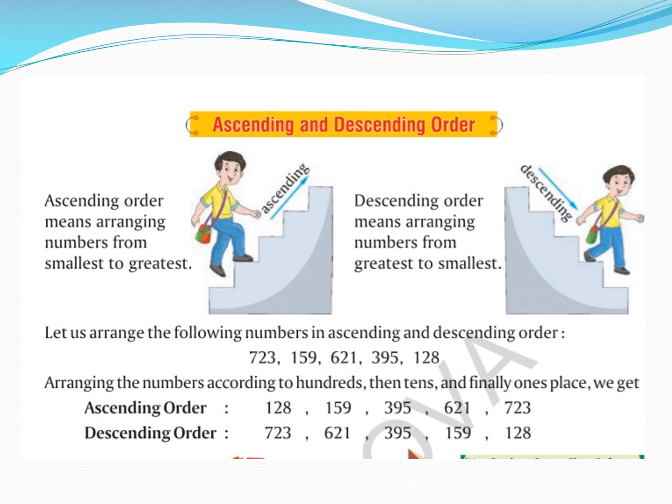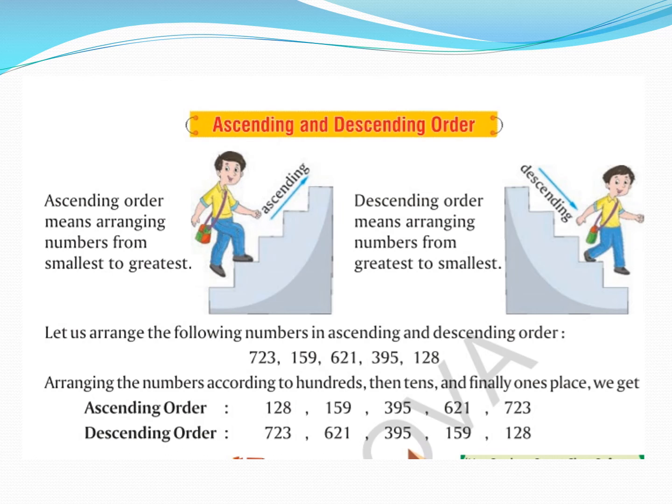You can easily tell me ascending and descending order in numbers because you must have seen the video, right? So ascending order means arranging numbers from smallest to greatest, and descending order means arranging numbers from greatest to smallest. So let us arrange the following numbers in ascending and descending order: